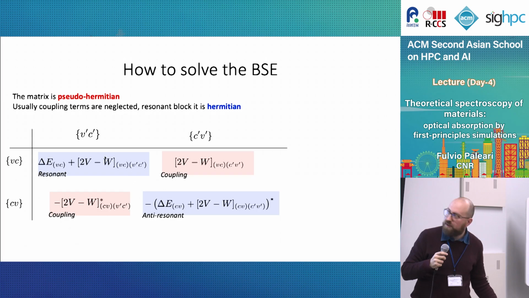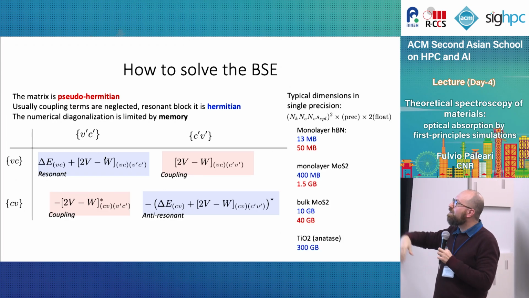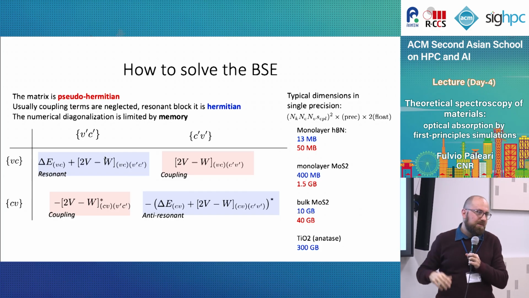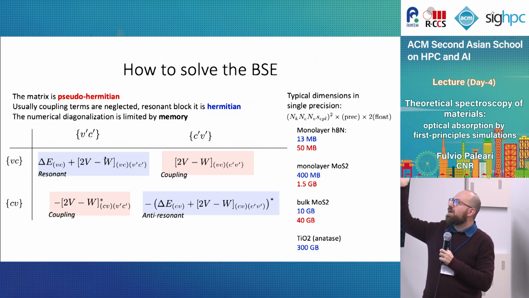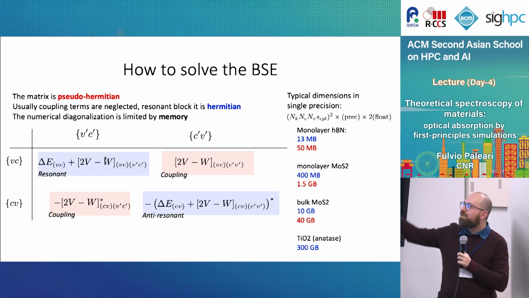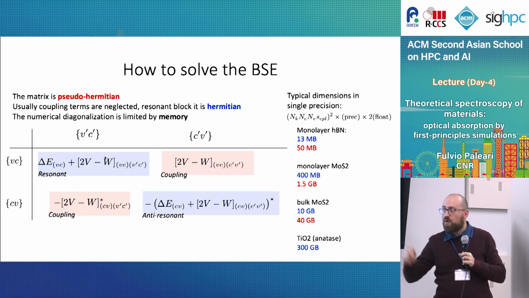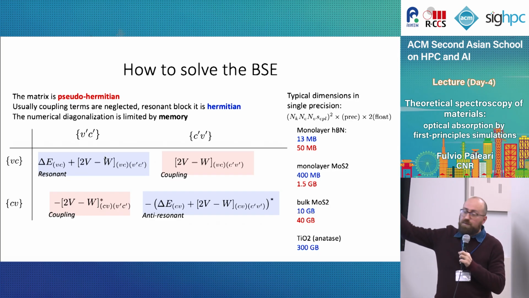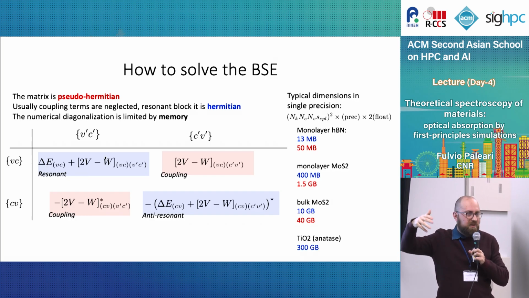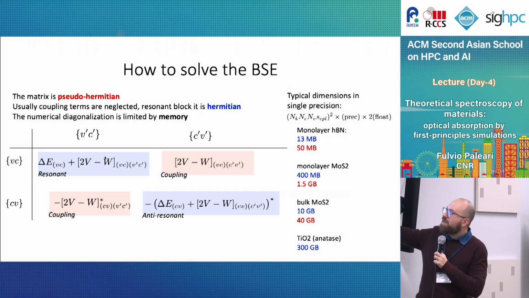Okay, so how easy is it to do this? Let's see some examples. Let's consider the simplest system that I showed in the example, monolayer hBN. If we do just the resonant part, more or less the size of the matrix will be 15 megabytes, I don't know. If we include the full coupling pseudo-Hermitian case, 50. We go to monolayer MoS2, the other calculation that I have shown. This has more atoms in the repeating unit cell, and many more electrons that are relevant for optics in those atoms. And this is the reason why, in the end, it is much larger.